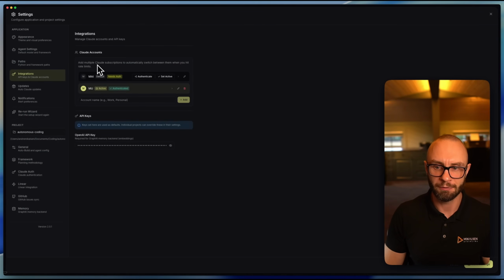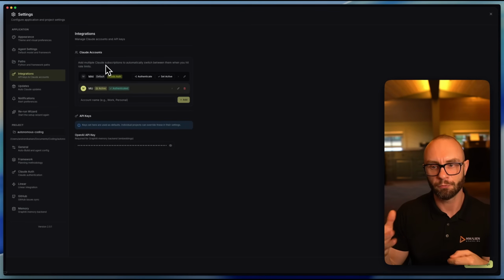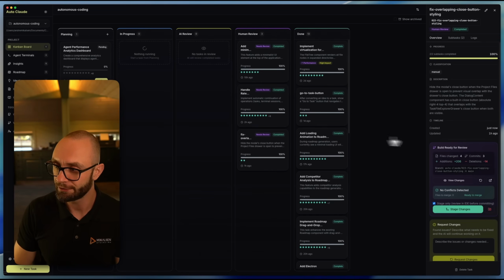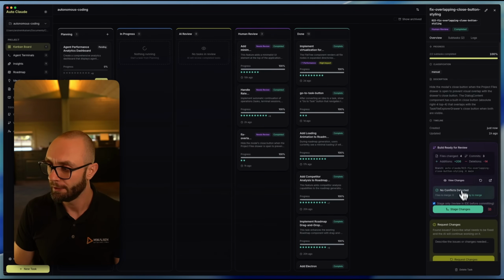And we have created a system that you can incorporate both of them into the AutoCloud system and easily swap between them. And we will incorporate some type of auto switching, so it knows about what the rate limits are for one account, and it swaps when you need to swap, basically. So now we can go ahead and just get the task into our project. We open the task, which is ready now for human review, and we just press stage changes.